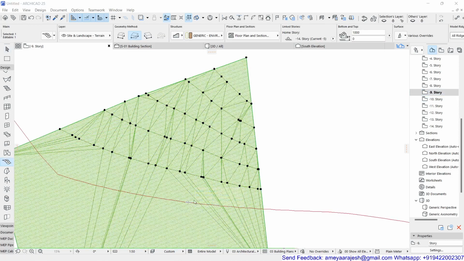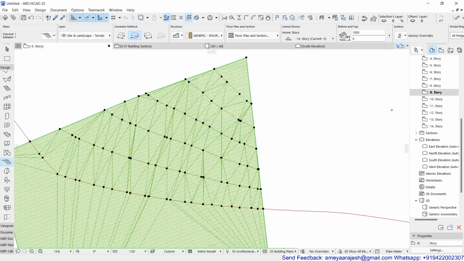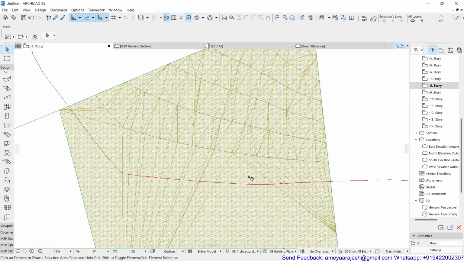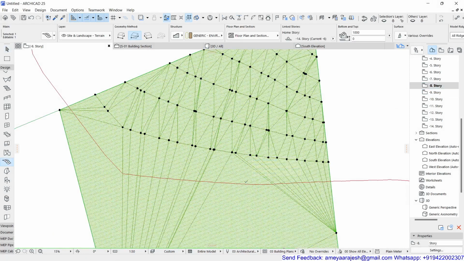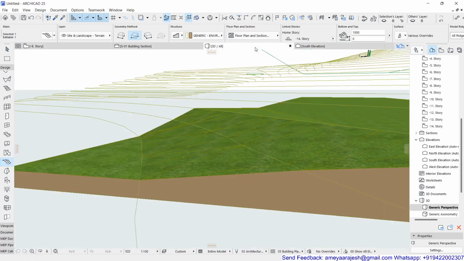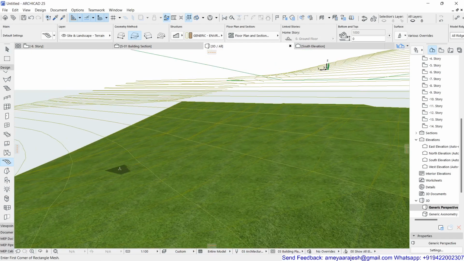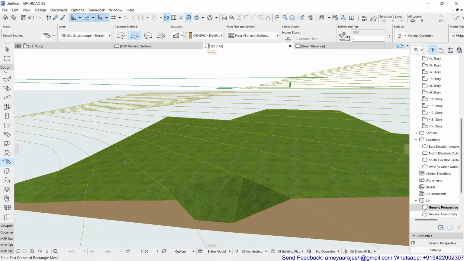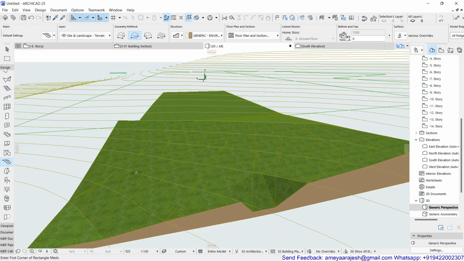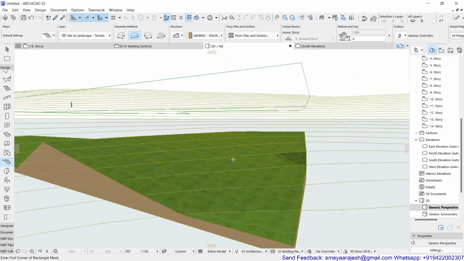You will definitely get better accuracy. The only thing is you will be spending a little bit more time, but I still feel that can be a worthwhile exercise. So you can check out now how this geometry is getting affected, that is, the top surface of the mesh, how it is getting worked out for me.